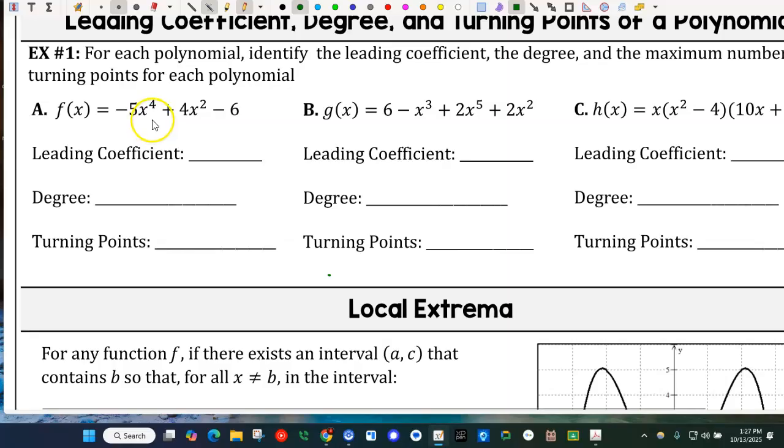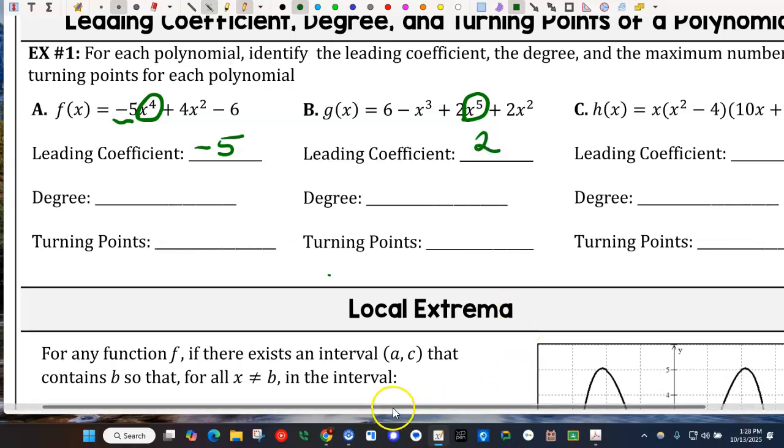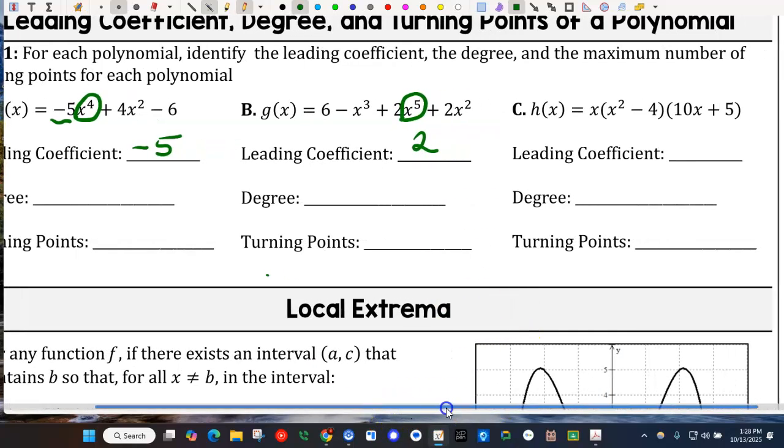As for the leading coefficient, so the coefficient of the biggest degree. So of course, find the biggest degree, which would be right here, right? And the leading coefficient would be -5, right? So what would the leading coefficient be on B? Right? Biggest degree right here. Right? So it's not necessarily leading as in the front, but leading as in,